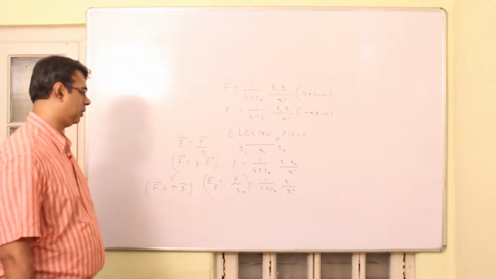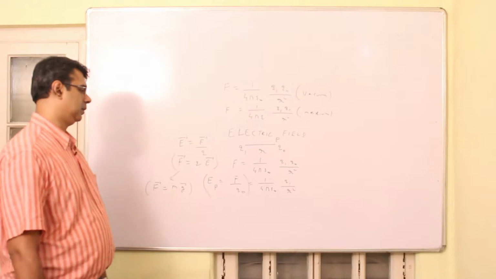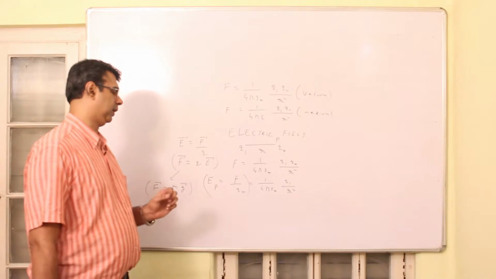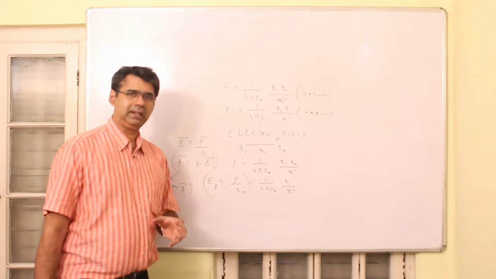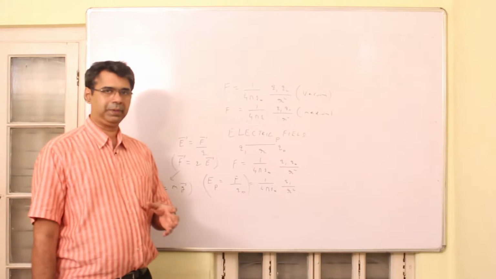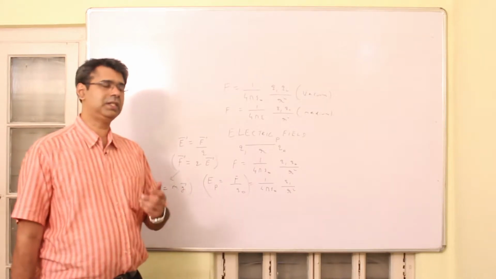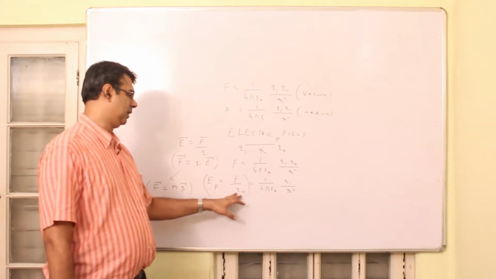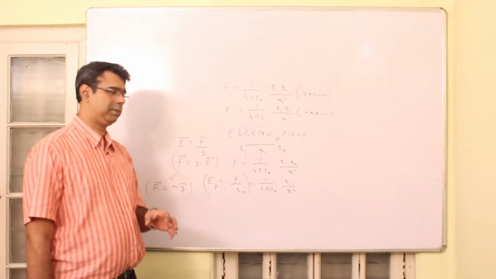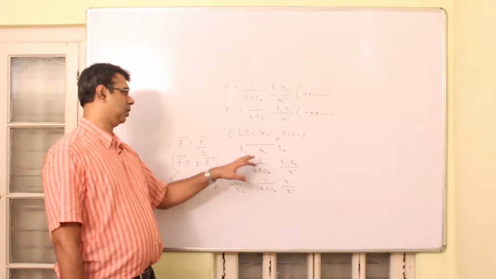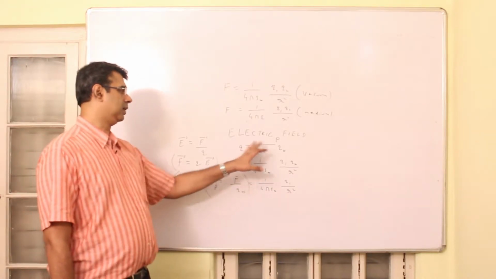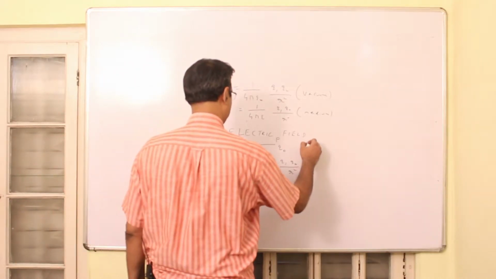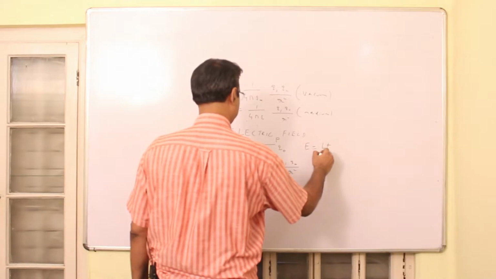However, this definition of electric field needs another addition to make it perfect. The test charge itself is not described properly. What is this test charge? What is its value? The correct description of the test charge should be that it is as small in magnitude as possible so that it does not disturb the other charges present in that region. So the correct definition of electric field should be